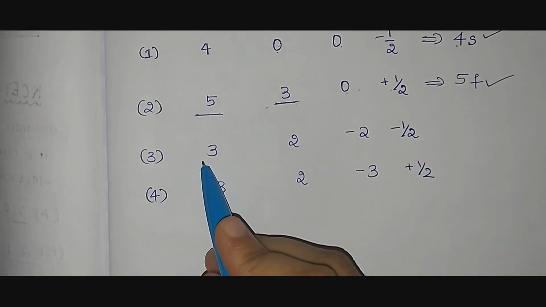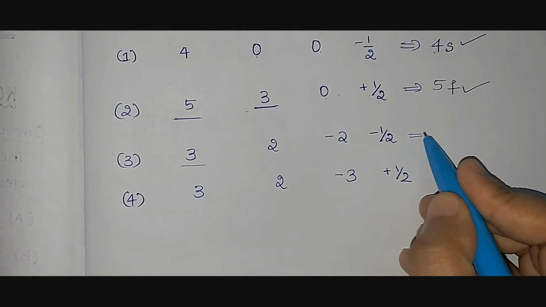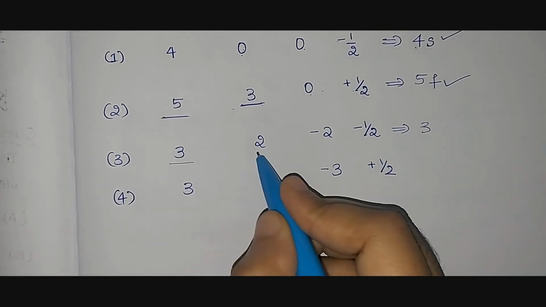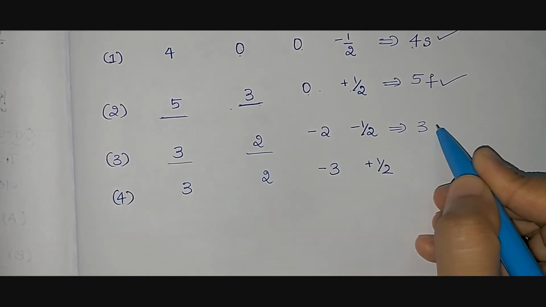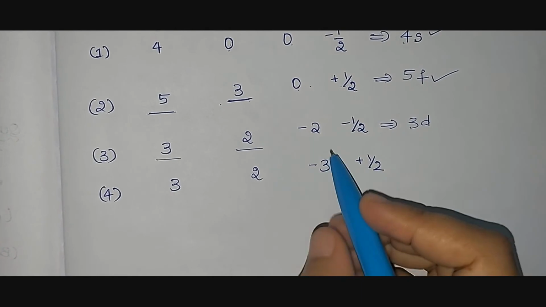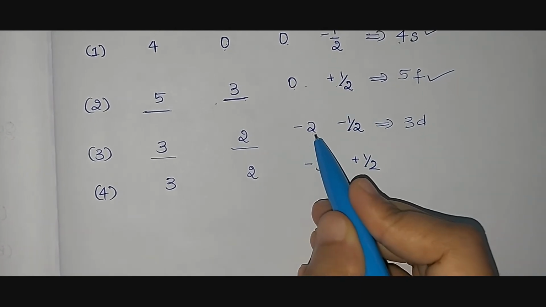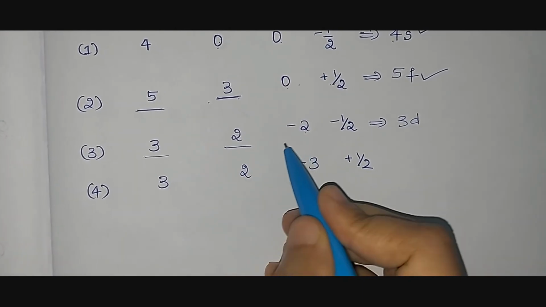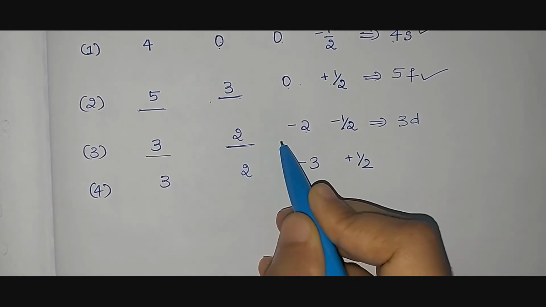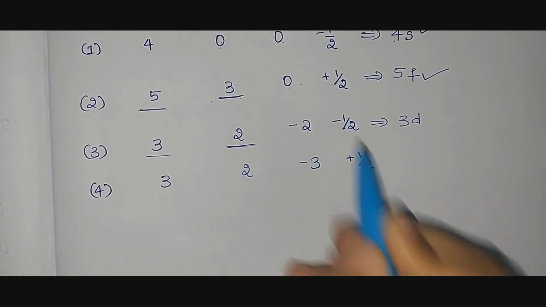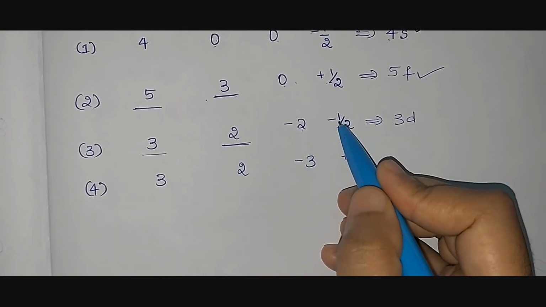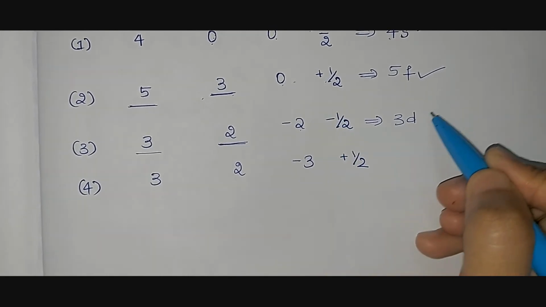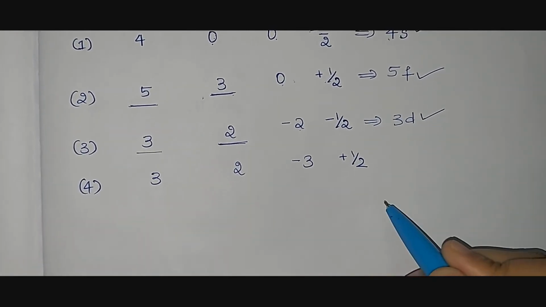Next, n value is given as 3. That means it belongs to third shell. l value is 2. It indicates that it belongs to d orbital. And minus 2 indicates that it is possible. Why? Because ml lies in between plus 2 to minus 2. And spin quantum number can be either plus half or minus half. So 3d is also permissible.